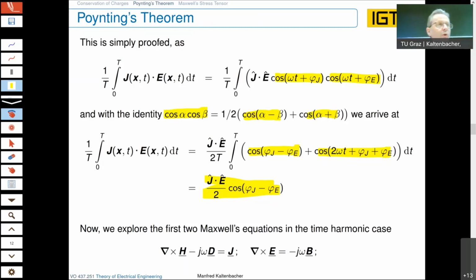Okay, now we will do some rearrangement with our Maxwell's equation, and here I have written down the time harmonic case, so just the frequency transformation of the first Maxwell's equation, as we know here, where the curl of the magnetic field is equal to the current density in conductive bodies plus the displacement current density, which is the time derivative of D. When you do a time derivative in a frequency domain, it is a multiplication with j omega,